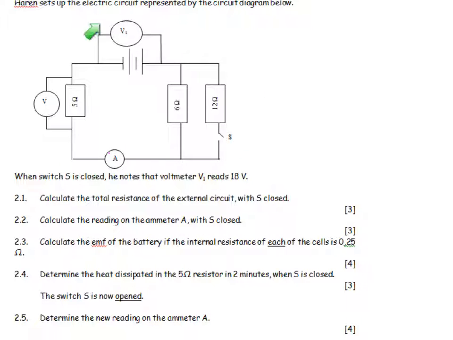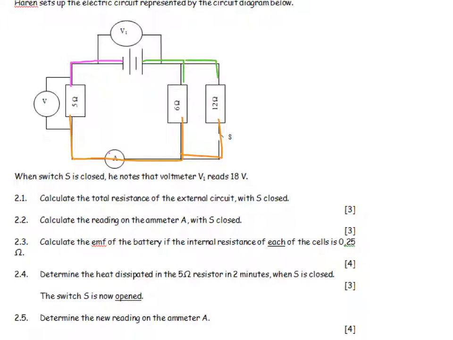The minute we have a circuit diagram, we first need to take our colors and try to understand what the circuit is telling us. So from the negative terminal until a resistor, from the resistor through ammeters until I reach a resistor again, from the positive terminal until I reach a resistor again. What that clearly shows me is that this part over here is a parallel network and the 5 ohm resistor